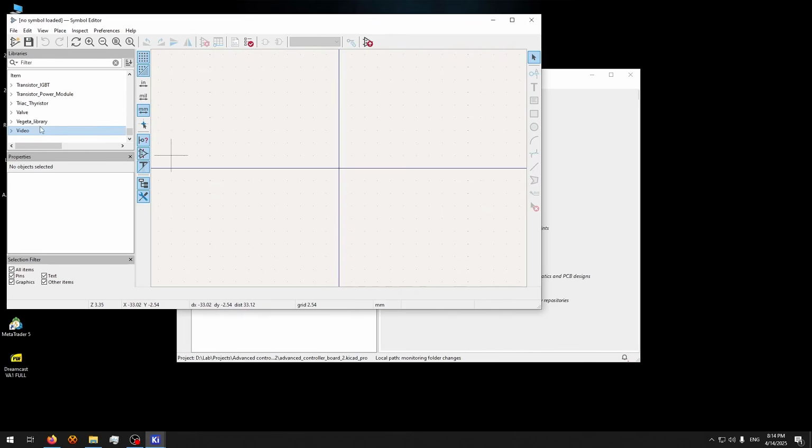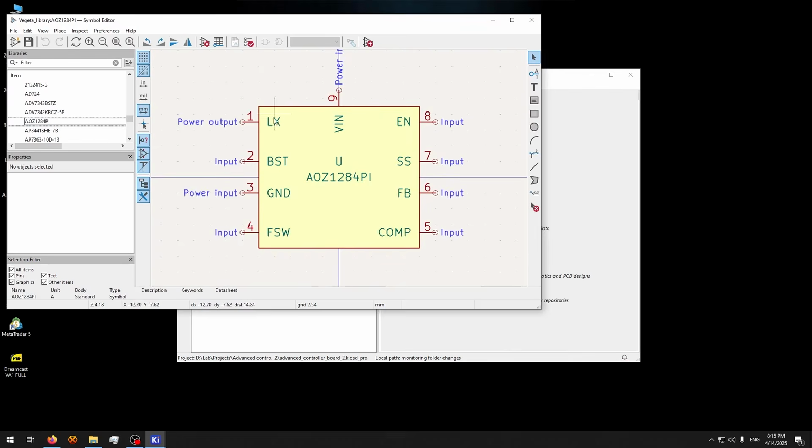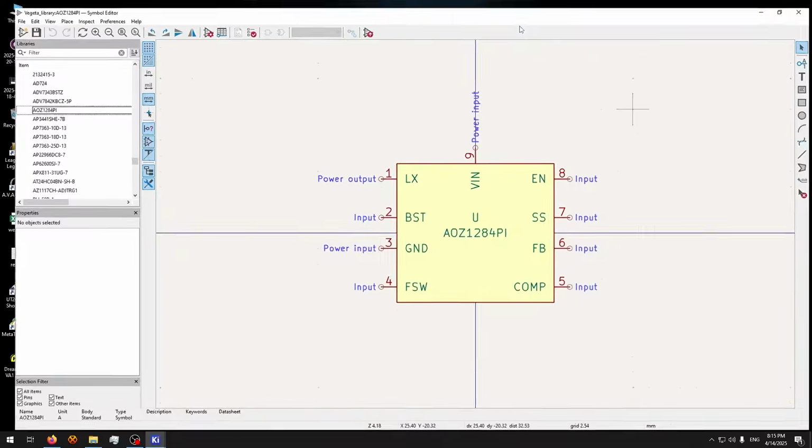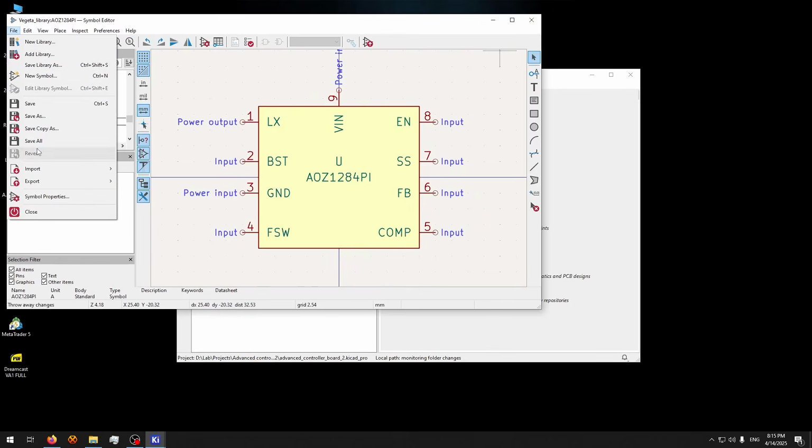For me, this is my library. Right here, I store all of these symbols, like for example this one. These are symbols I created myself because I didn't find the symbol for this part. Or maybe you can import a symbol from another file on your desktop or something,